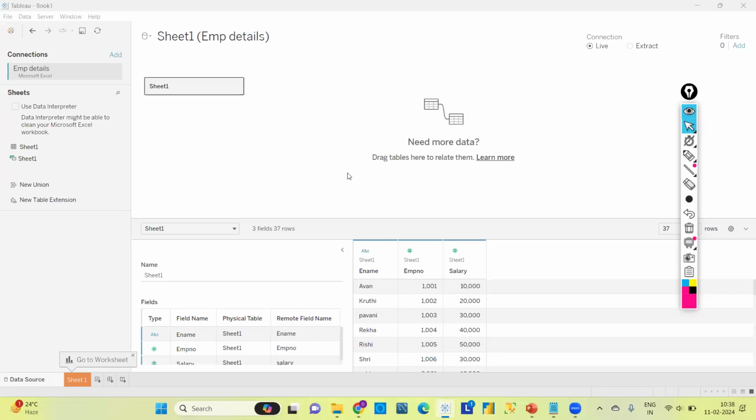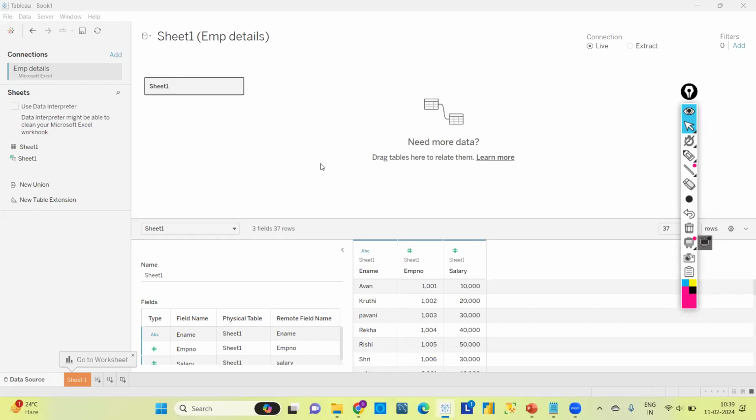I'm just trying to give you the overview only today. And towards the right, you can see the count of the rows, right? Like there are 37 rows here, correct? And at the top, you can observe the thing which I have said to you previously, like there is a Tableau connection, and two types of connection, live and extract. Mostly we will use a live connection only. Sometimes only we will use an extract connection, which we will get into again. This is another topic. We can understand this later. But you can observe here towards the right, there will be the connection option.